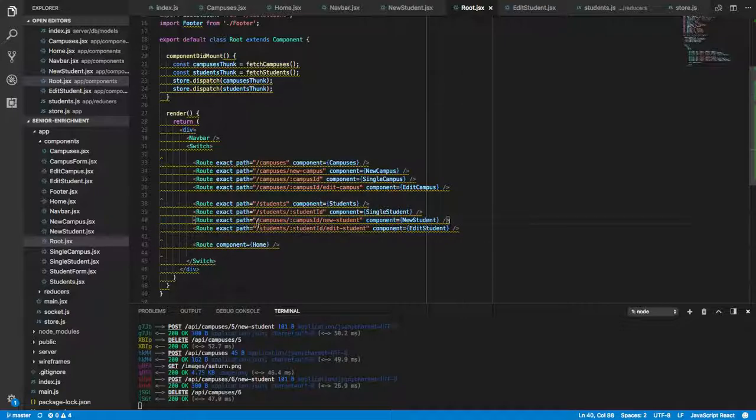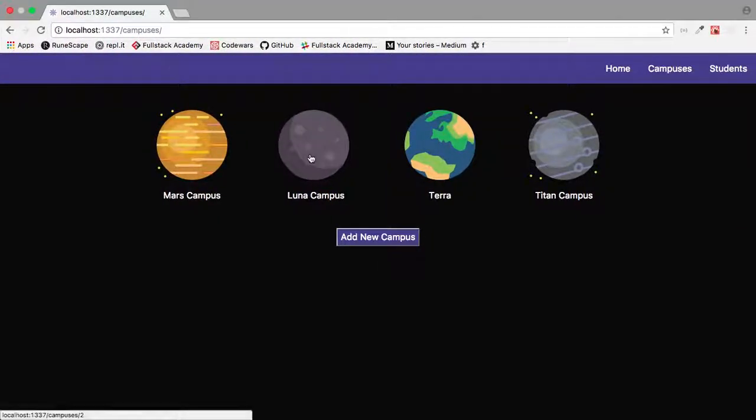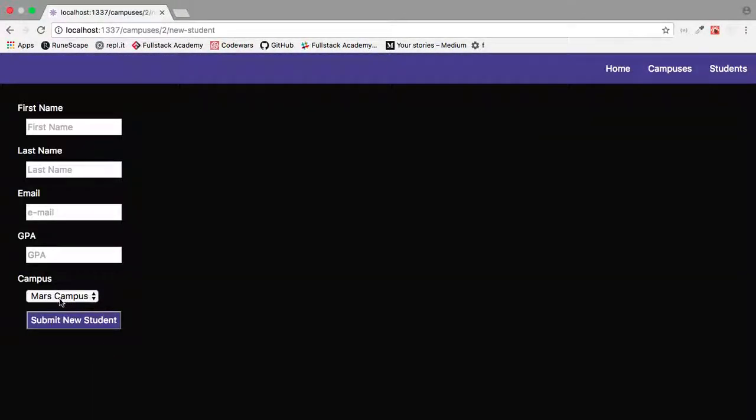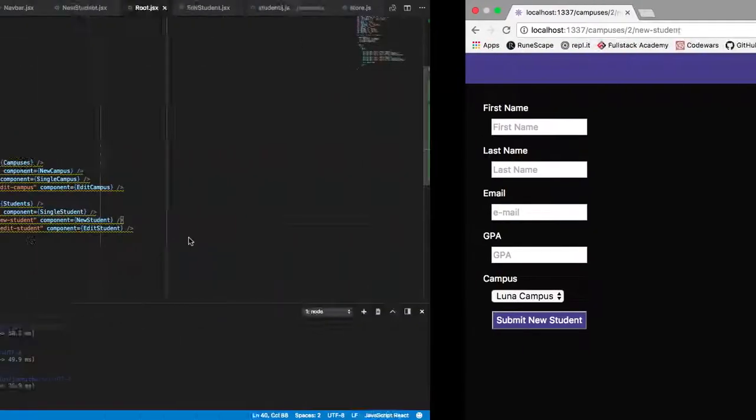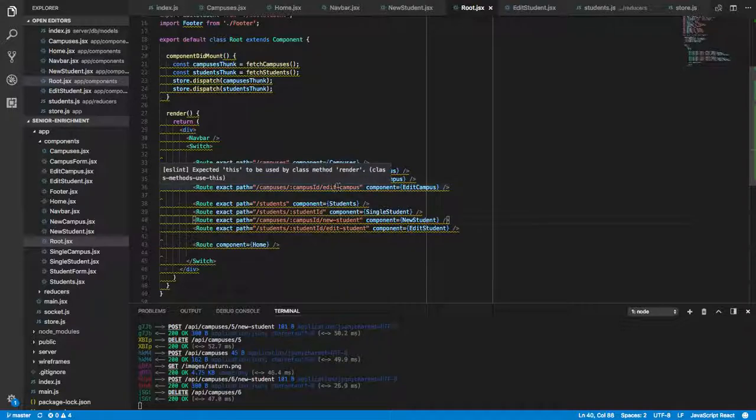It's actually coming from the campuses. And that's so that I can keep track of the default campus ID. And that was also so that when I add a new student, that campus would be the correct default. And I don't know what's happening there, but the whole idea was I wanted to keep track of that so that I could have the correct default. But alas, I shall fix it over the break. So